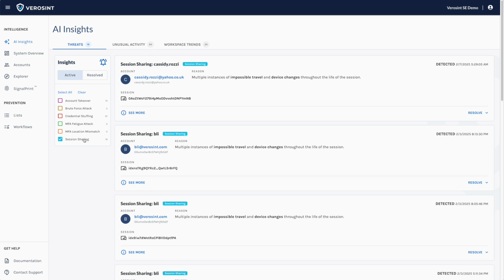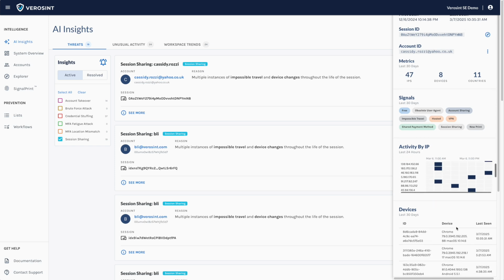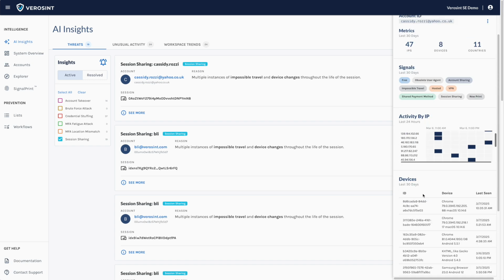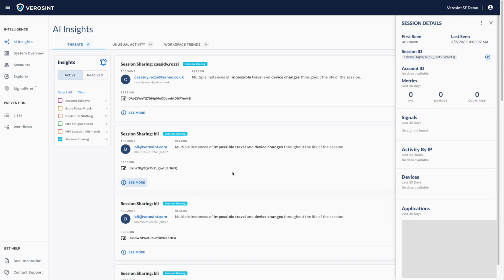We can detect this. And so you can see here we've got a number of people that have done session sharing. We'll click on this top one here, and we can show all the statistics about why we believe this is session sharing. So you can see, very abnormal for a session to be shared across 2 devices, let alone 8 devices and 47 IPs across 11 countries. You can see the concurrent activity across multiple IPs, which is another big red flag, and then lots of device changes and significant ones at that. So we'll look at this one here,